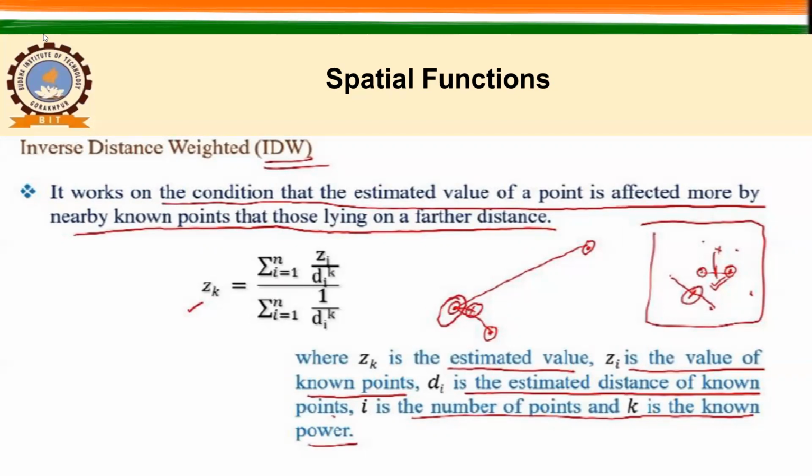So basically, if you have four or five points which you want to interpolate using the inverse distance weighted method, and I consider these two points and take the average to estimate the value of this particular location, this may give you a good result. But what if these two points are connected and you are going to use these values to calculate the value of this particular location?